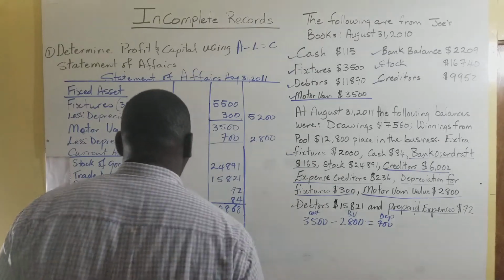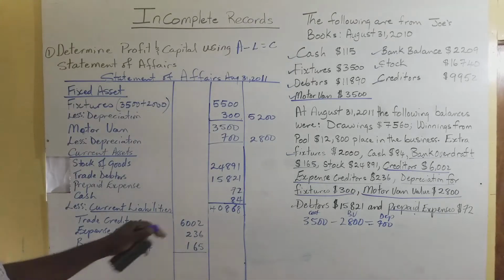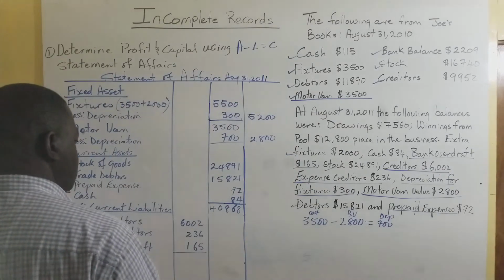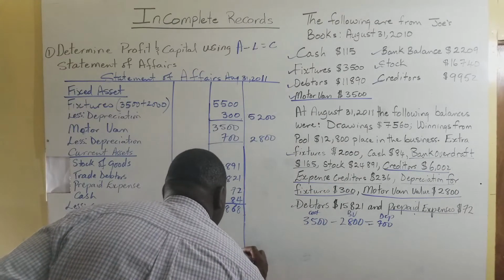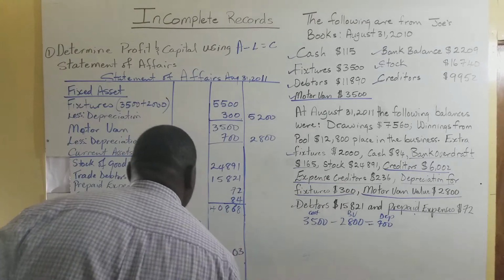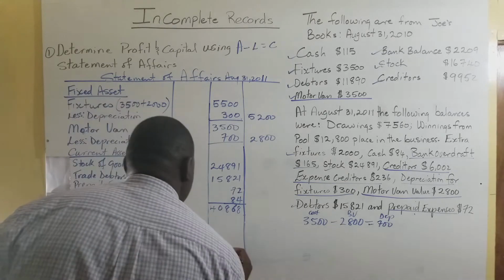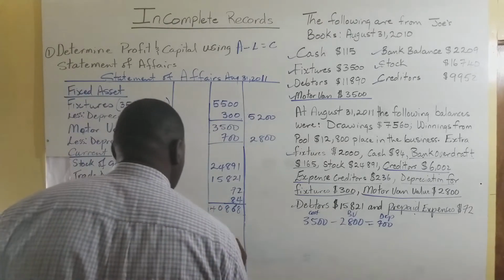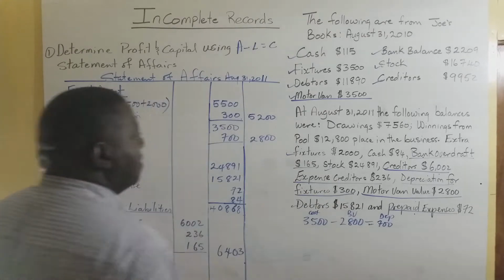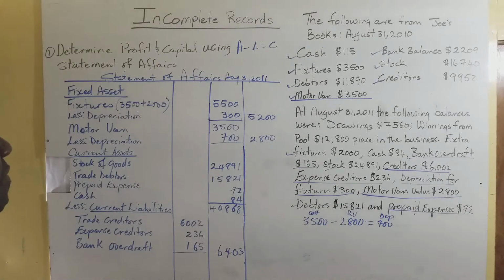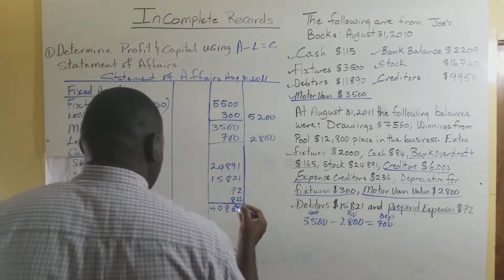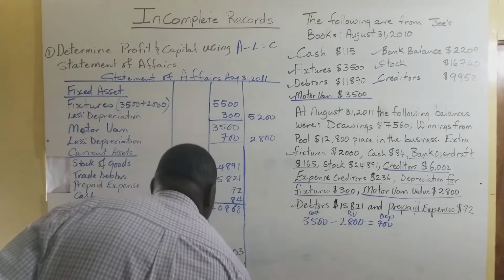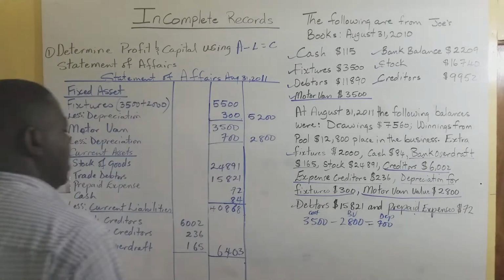All right, so we're going to add these now to get our total current liabilities. So 11, 13, so this should be 3. Yes, that's 9, carry down 10, and that's now 3, 4. And this is going to be 6. So the total is 6,403,